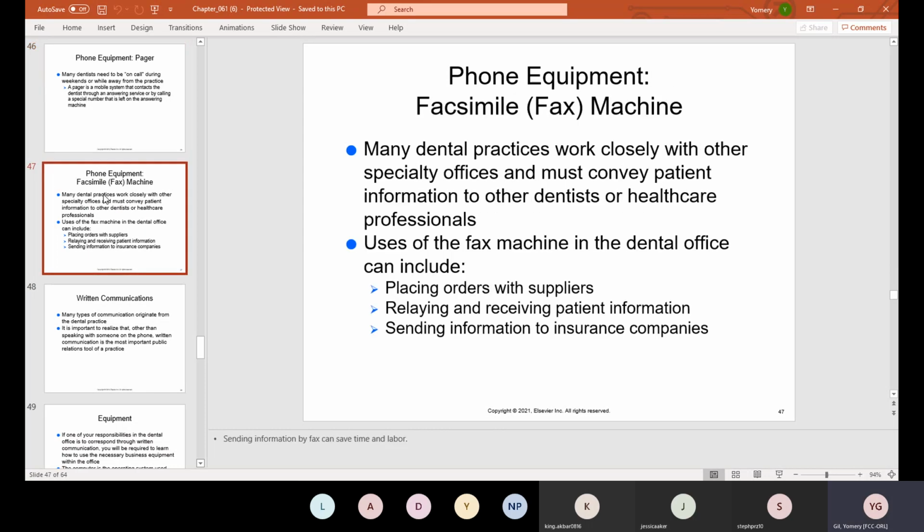Phone equipment, the facsimile machine, a fax basically. Many dental practices work closely with other specialty offices and must convey patient information to other dentists or healthcare professionals. The uses of the fax machine in the dental office can include placing orders with suppliers, relaying and receiving patient information, and sending information to insurance companies. Does anybody know what you cannot